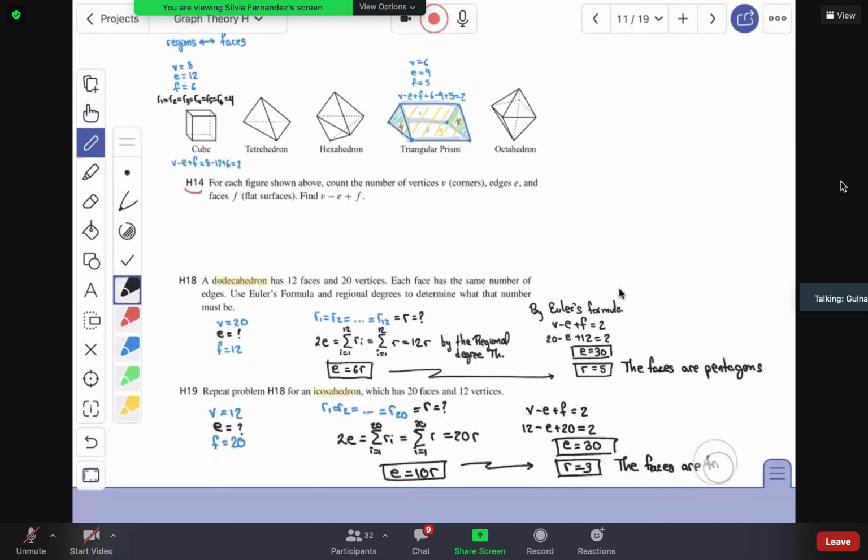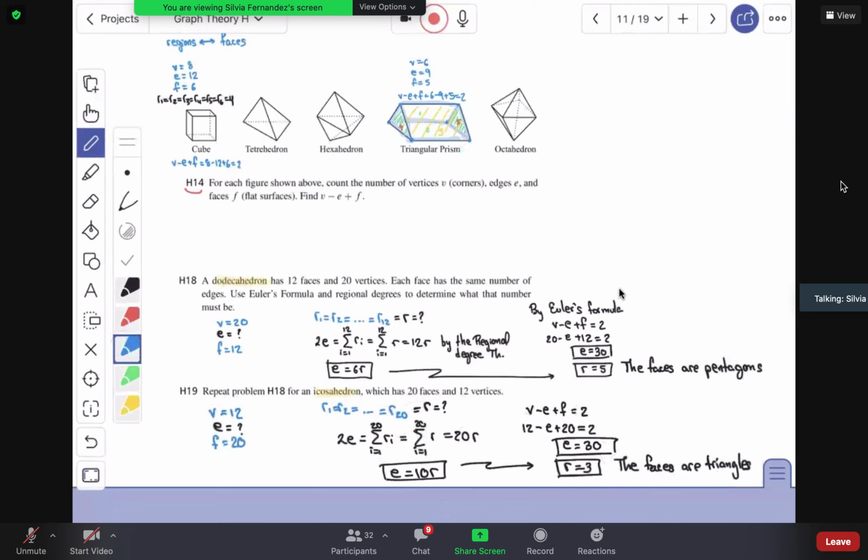How do you know regional degrees are equal? Oh, just because the icosahedron and the dodecahedron, they're talking about the platonic solids, and there's only 5. Those are the only regular polyhedra, meaning that all the faces are the same, and therefore all the regional degrees are equal. So not only are the faces triangles, the faces are actually equilateral triangles,